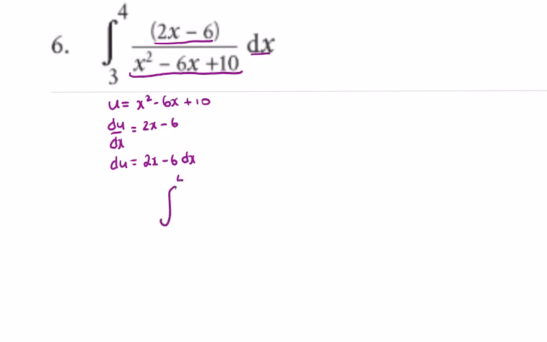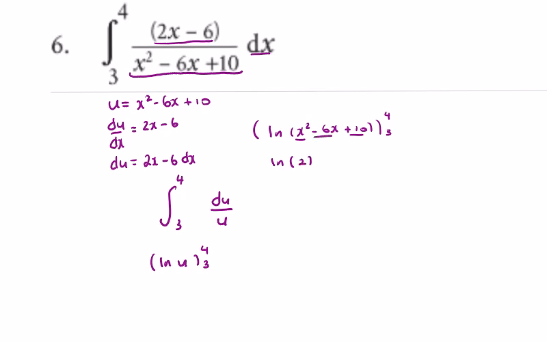So now we have the integral between 4 and 3 of 2x minus 6 dx, which is du, over u, which again is going to bring up natural logs. So we're going to get natural log of u between 4 and 3, which is the natural log of x squared minus 6x plus 10 between 4 and 3. So the natural log of 16 plus 10, 26 minus 24, so it's going to be